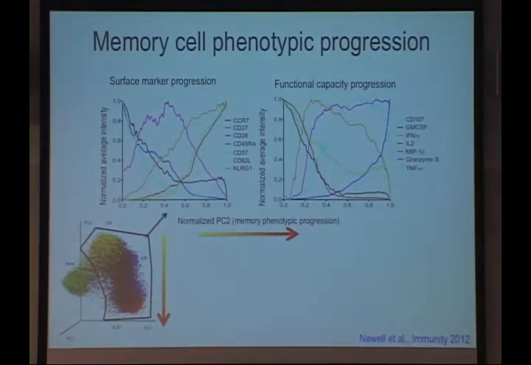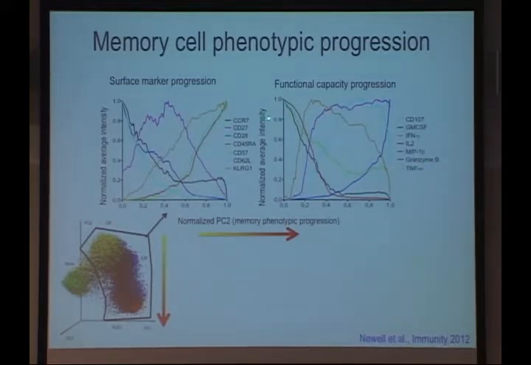So what I did to try to summarize this and relate it to a hypothesis that this principal component 2 represents a progression is that I put these dots back into FlowJo and then gated on just the memory cells. Then I plotted the average normalized intensity for each of the markers going from top to bottom here. So this will be the top, and this will be the bottom. We're going from what looks like the most central memory-like, to the bottom, which looks like the most effector-like. And then you can see this phenotypic progression of surface markers here, and also functional